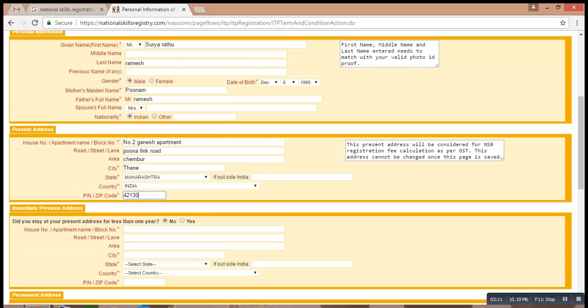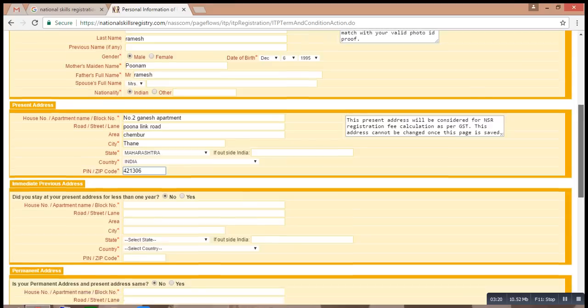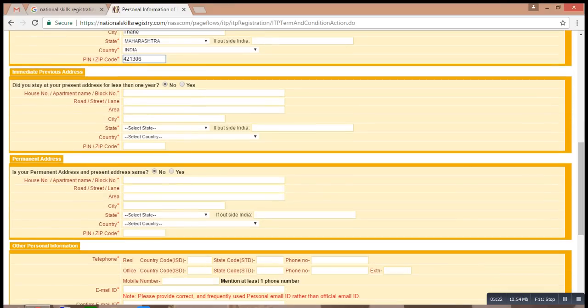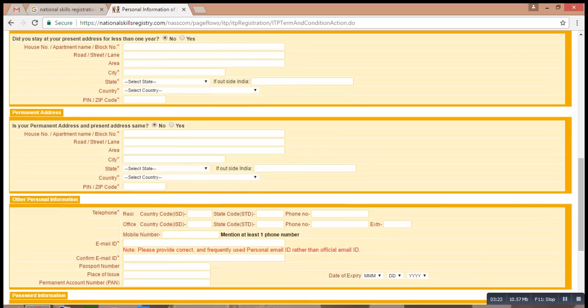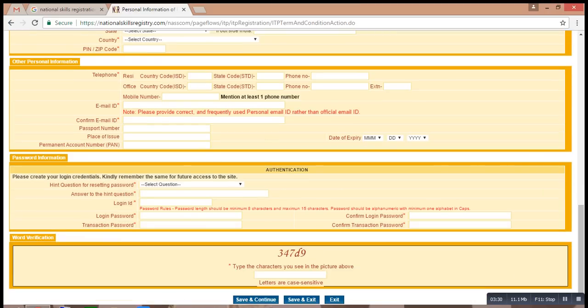Did you stay at your present address for less than a certain period? If it is yes, then you have to give the address in detail. Next is the permanent address. If you are from a place other than Mumbai or anything, you have to give it over here. So next is the personal detail. I will give. Okay, sorry, it is ISD they are asking.